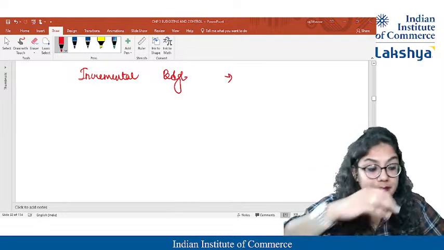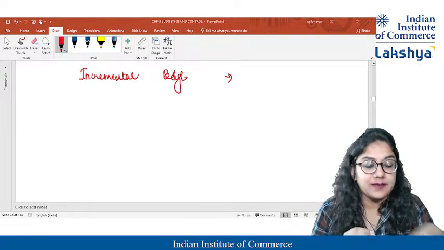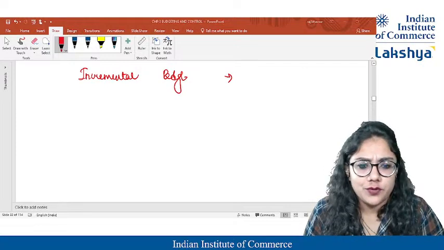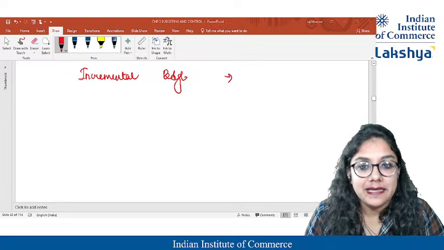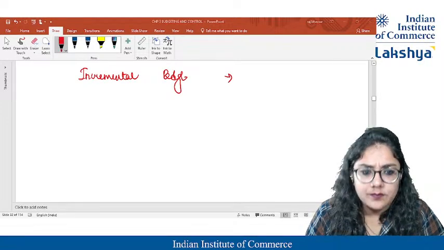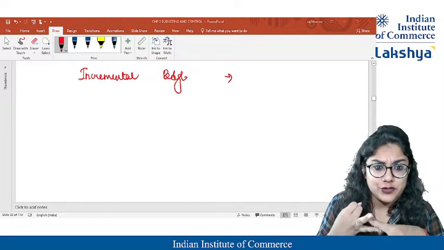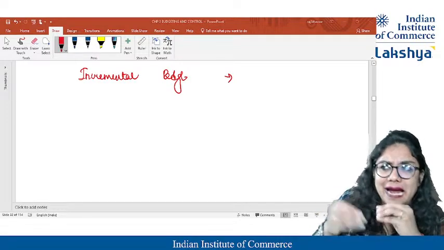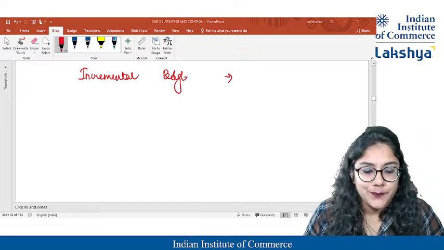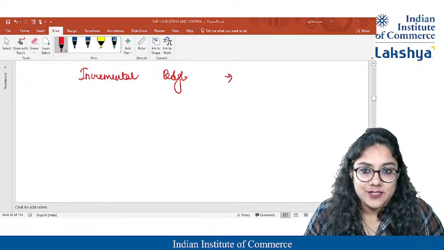Students, the word incremental means something which is growing ahead, maybe in the positive way and the negative direction both. It can be incremental, it can be decremental, both ways, because of the changes in the market. Let's say inflation rate, deflation rate, anything. If I'm adding something or deducting something from the normal scenario, that is incremental budgeting.